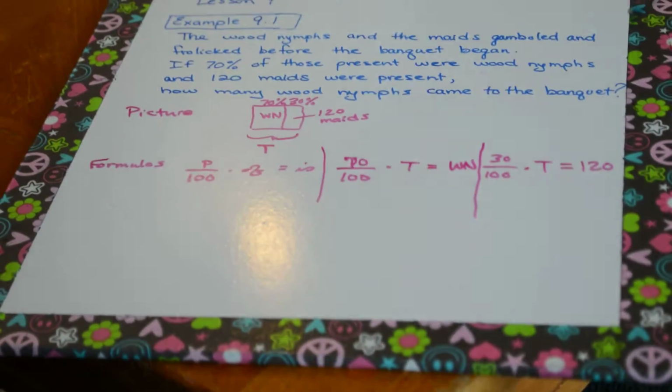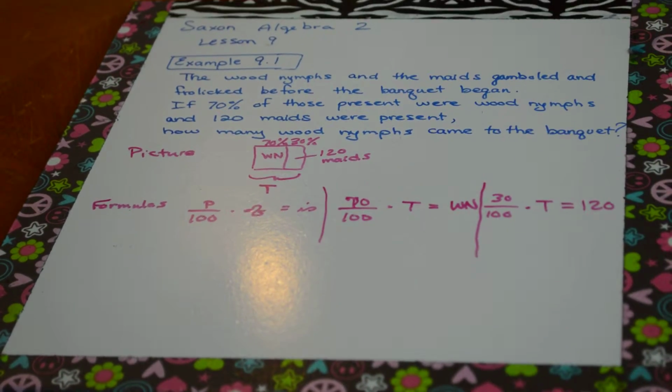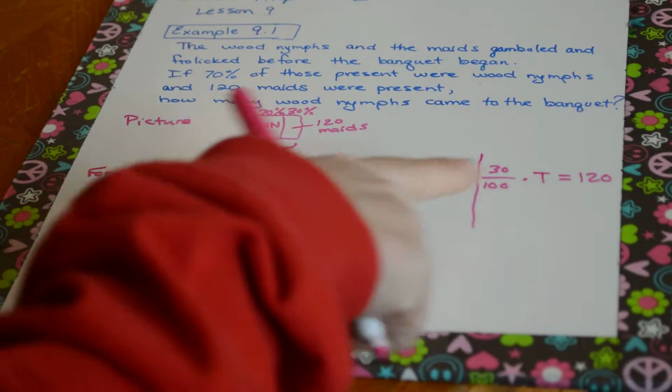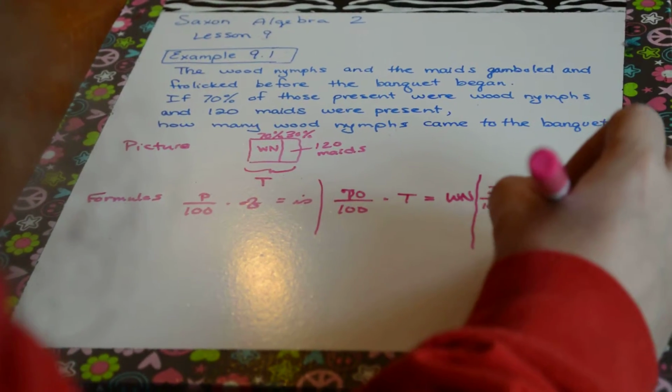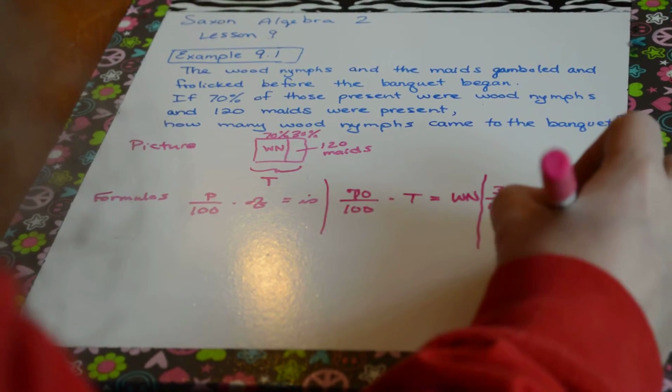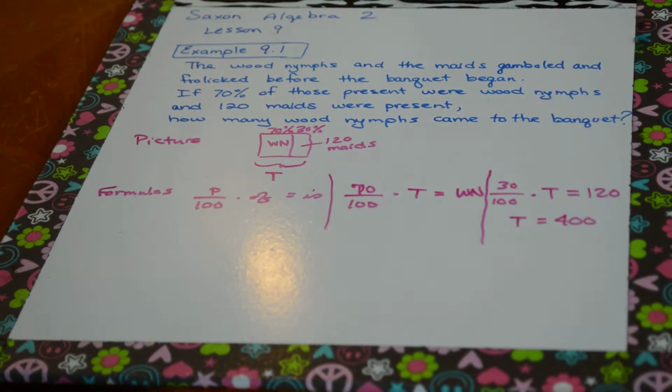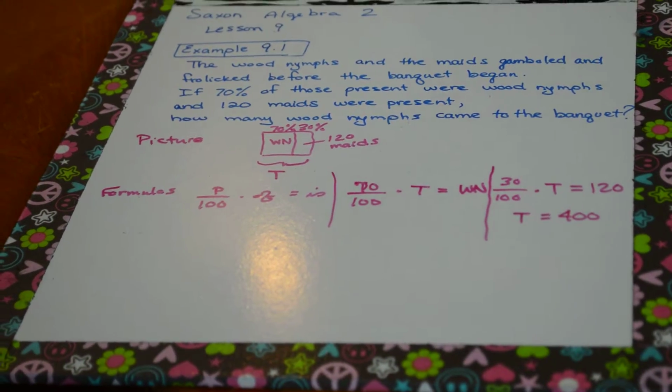And I do have a number for my maids. So I can't solve for this one yet because it has two variables, so I'm going to solve for this one, and when I do, I get T equals 400. So I have 400 total